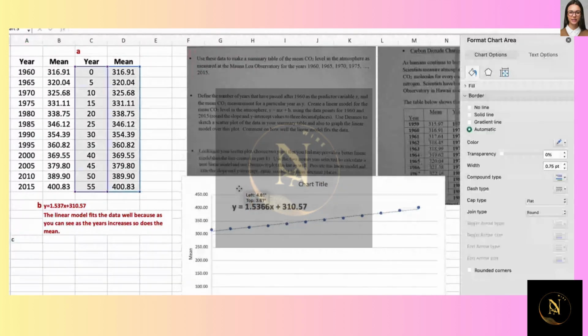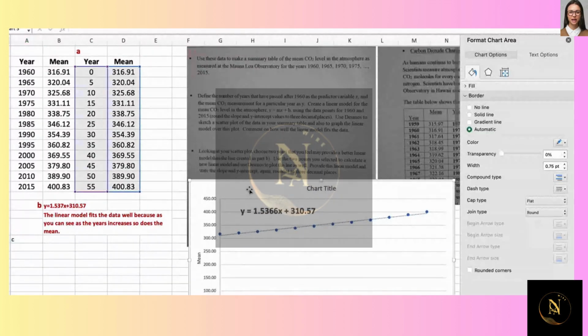All right, so C, the next part. Looking at the scatter plot, choose 2 years that you feel may provide a better linear model than the line created in part B. Use the 2 points you selected to calculate the new linear model and use the decimals to plot this line as well. Provide this linear model and state the slope and the y-intercept rounded to 3 decimal places. So I'm going to provide 2 points on the line that is the closest. So my 2 points would be